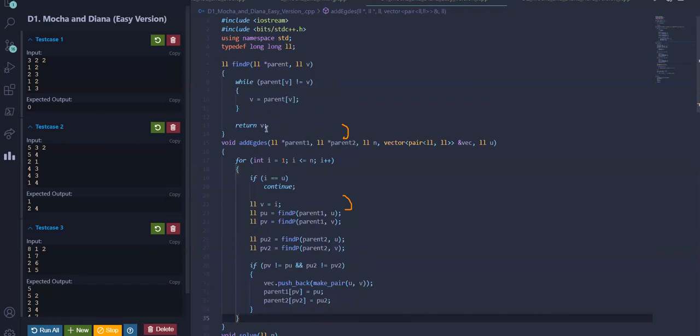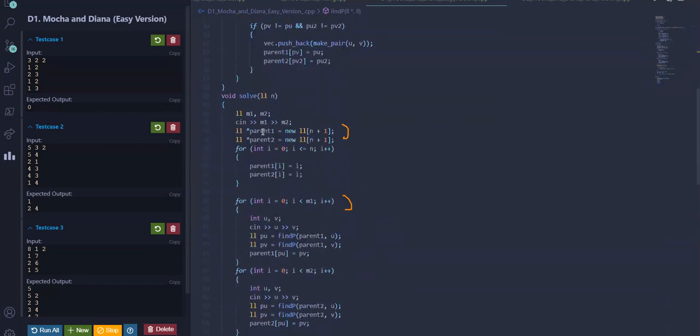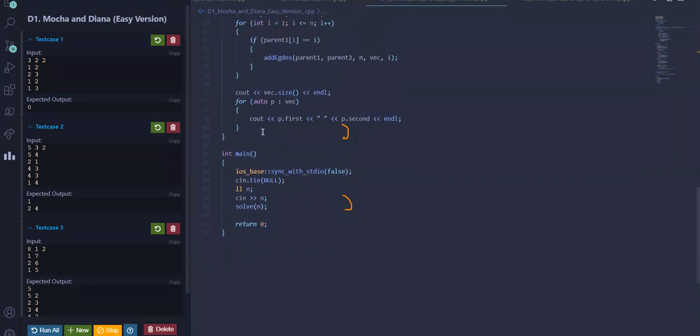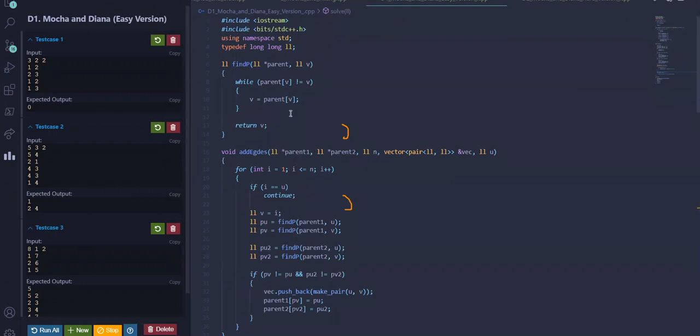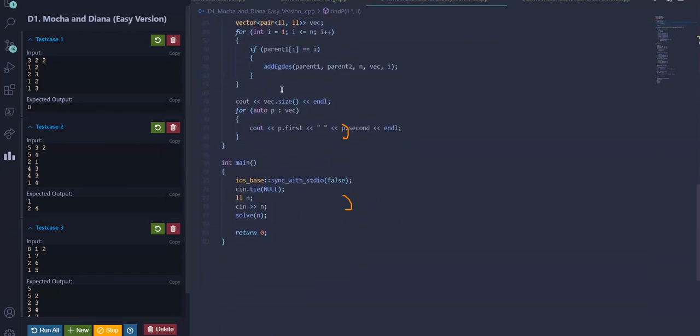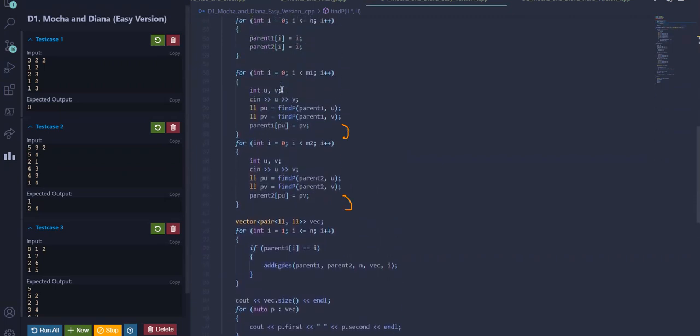And the optimization you can do is in this union find algorithm, in case you are aware of it. There are two different ways of implementing the union find algorithm. This one will take order of n time, but if you do the union find algorithm by another method, called union by rank and path compression, something like that, that would take order of log n operations to find the ultimate parent. So using that, this time complexity will reduce to slightly greater than n log n.